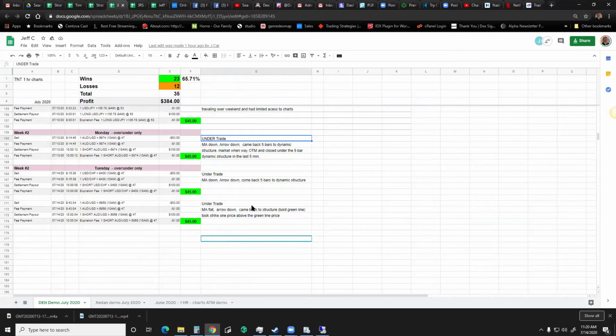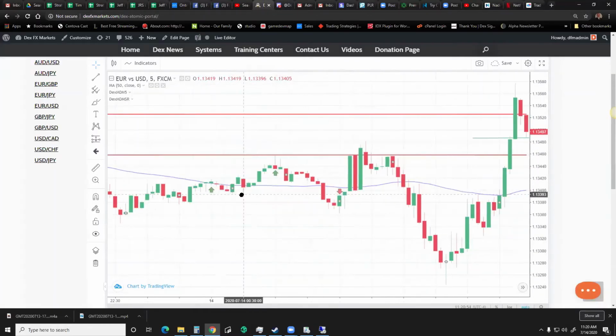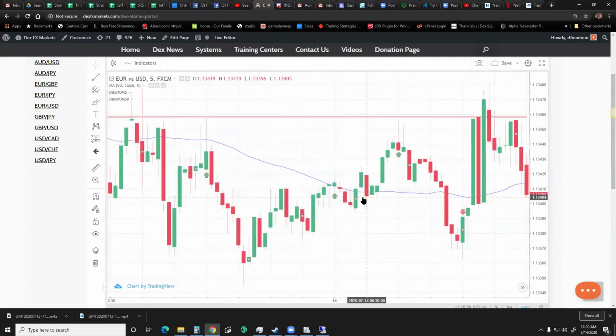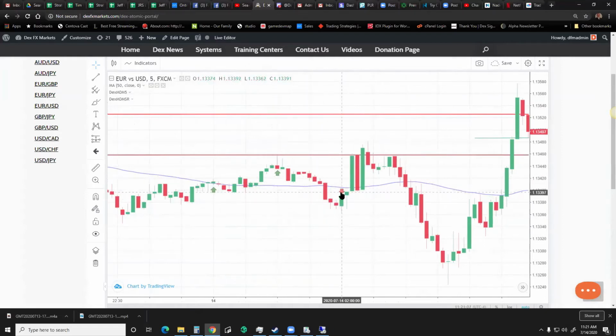Did an under trade right at the MA. Boom. Put a big old bold statement in there, what have you. Doesn't take much to keep a journal and figure out how much you need to trade. So we have this little up and over and down, and it's like, is this the first one or is that the first one? Well, this is the first one. And then it pops over and it comes right back down. And then this one, what about this one?